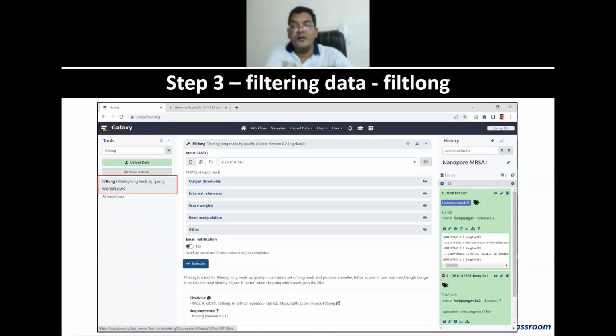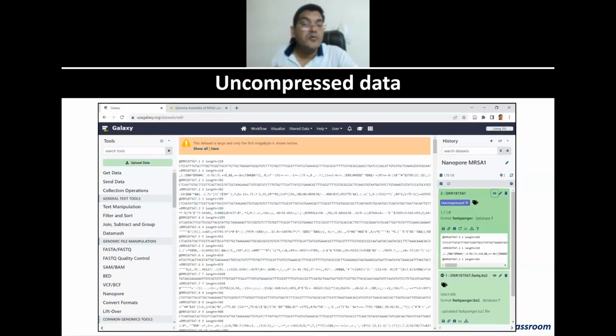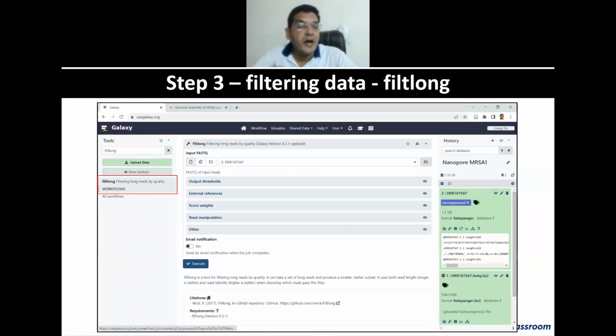Because you see the first read here is 218 bases, the second read is 382 bases, and then the fourth read is 1285 bases, then this one is 561, 839, then you have 1668. So what you want to do is to filter first for at least, you don't want to include reads that are less than 1000 bases. So what you're doing here is you use filt long to filter out, and here in this case, you go